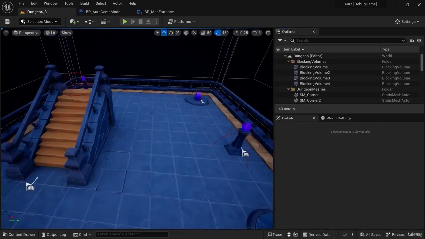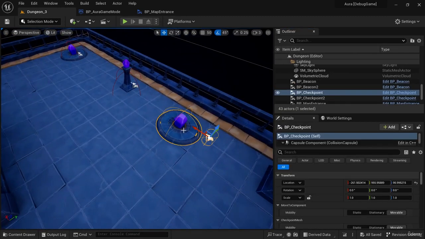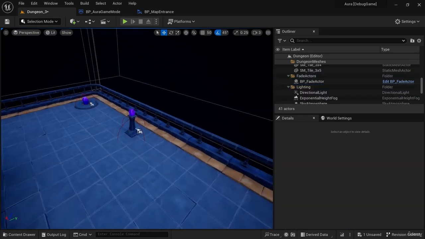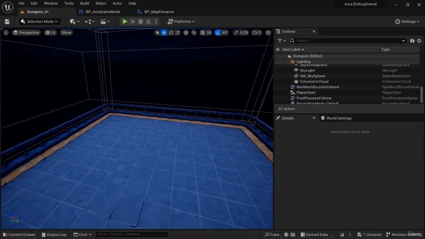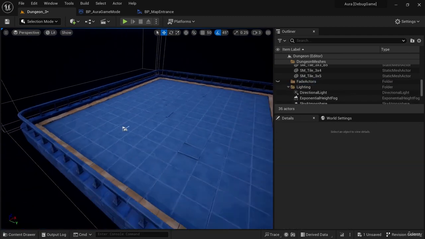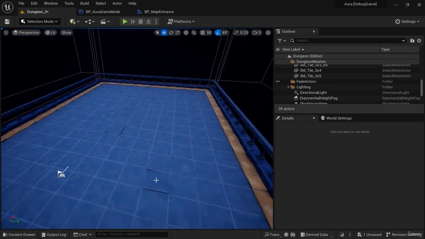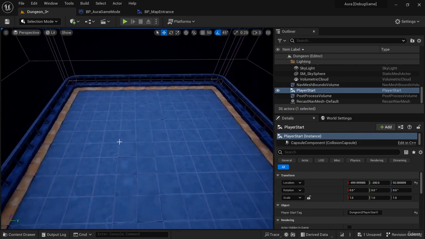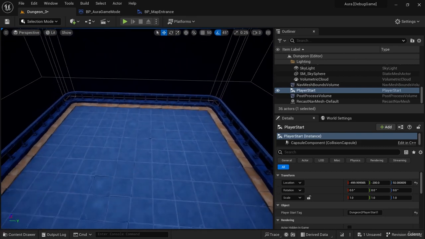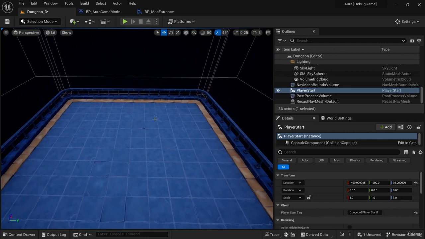And I'm going to remove things from dungeon 3, as all I really want is a floor as a starting point. So I'm going to just go ahead and remove all this stuff. I can leave the player start, that's fine. And I'm going to work with the area that I have back here and really just model something using the